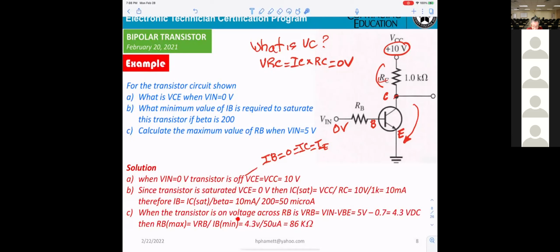When the transistor is on, voltage across RB equals Vin minus VBE. That means right here, 0.7. That means 4.3 volt across here. Then RB maximum will be equal to VRB divided by IB minimum. So you get 86K.